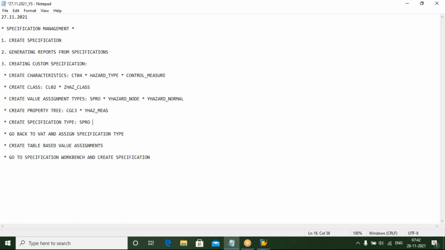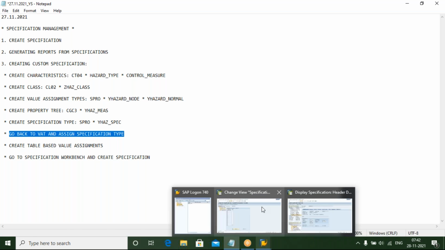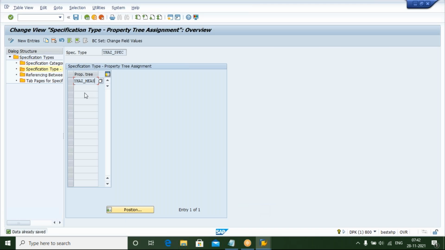And also write down your specification type. Underscore spec. This is the name of my specification type. Now, step number 6, what I have written, go back to value assignment type and assign specification type. So what we need to do, once we have created our specification type, again go back to value assignment type. So I will start from the beginning,